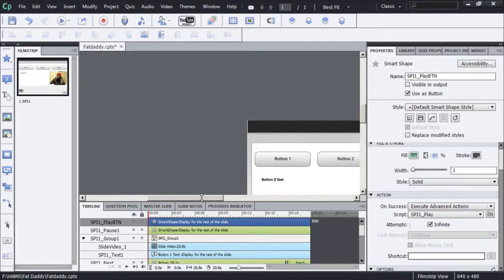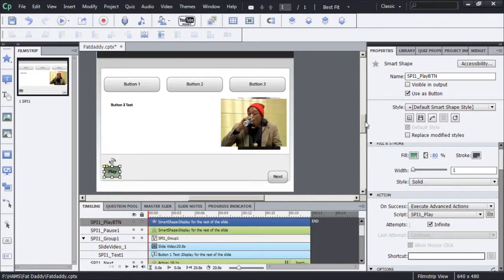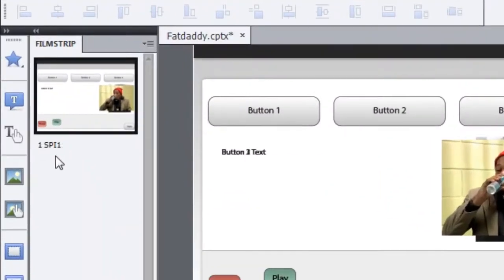In this example, we actually have two buttons that are both smart shapes. We have a play button and a pause button. Now I have a bit of a naming scheme for those of you just now tuning in. This is a single page interaction, number one. We've talked about this before in some of the previous tutorials. So I've named this slide SPI1,